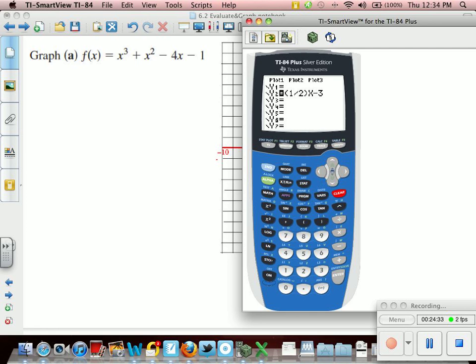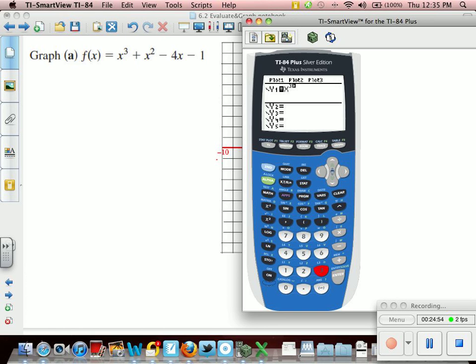I'm going to type in that same problem, which is x cubed, and you're going to use this little button beside the alpha key, the caret key, to get your cubed, to the third power. Now, some of your calculators have this new operating system, some of you don't. So if you have this new operating system,